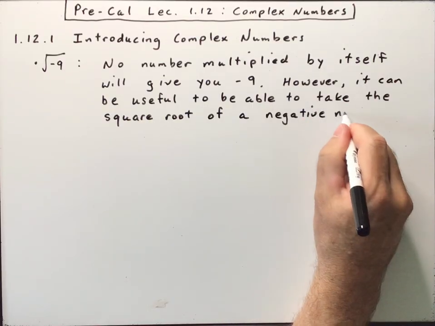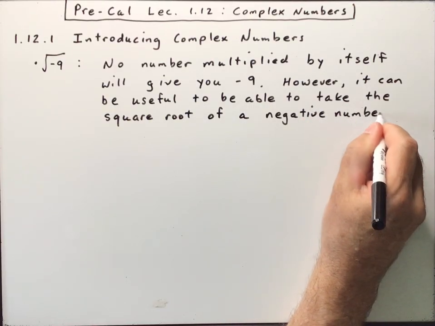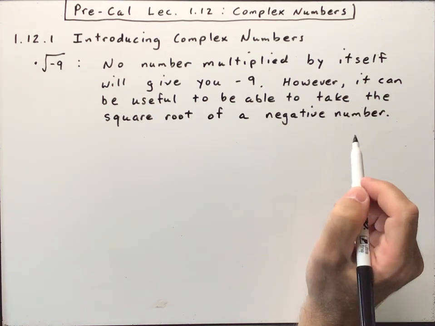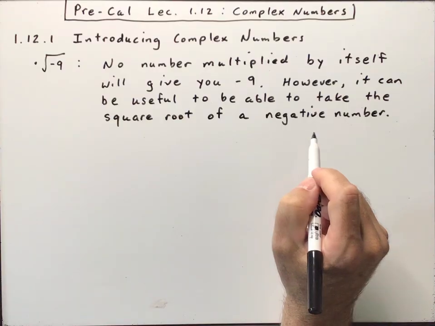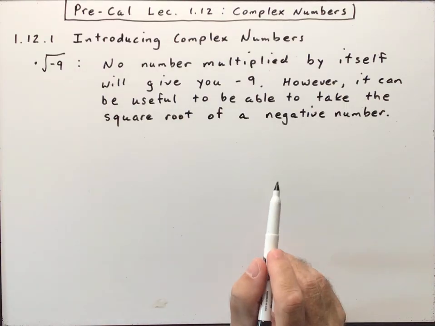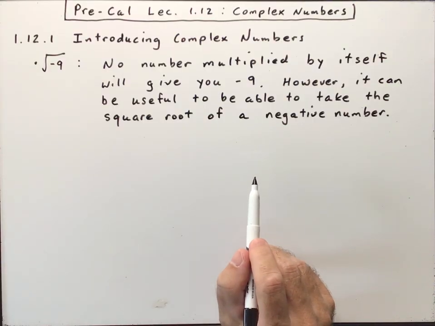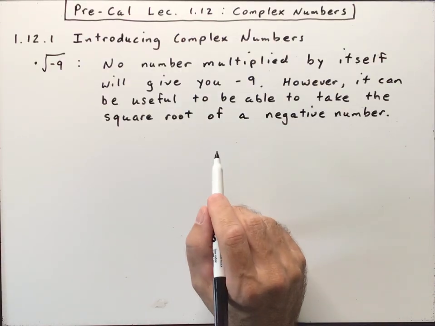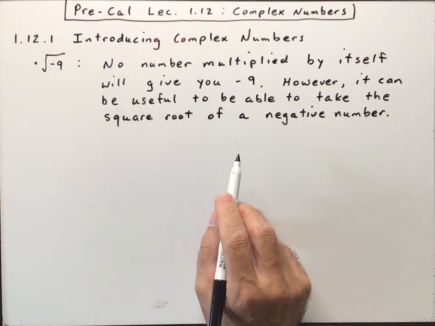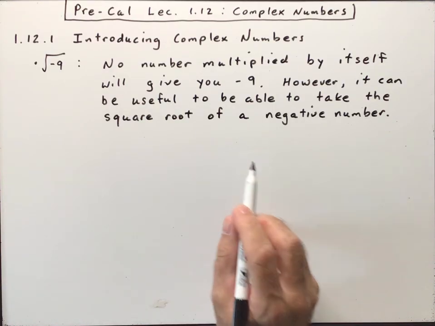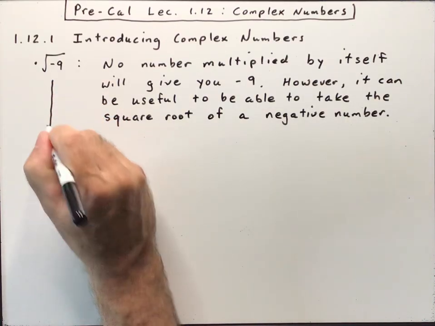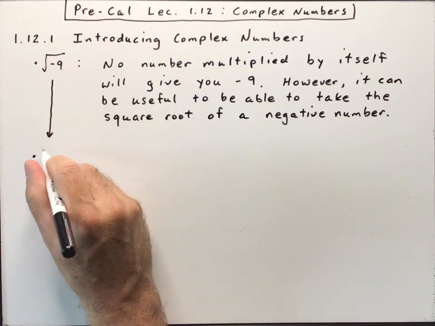A lot of times a negative sign in science or engineering represents direction. So you may need to take the square root of a negative number because that number indicates direction. You'll see in physics and electrical engineering, disciplines like that, it's really useful to be able to use complex numbers. So for the square root of -9, let's rewrite that